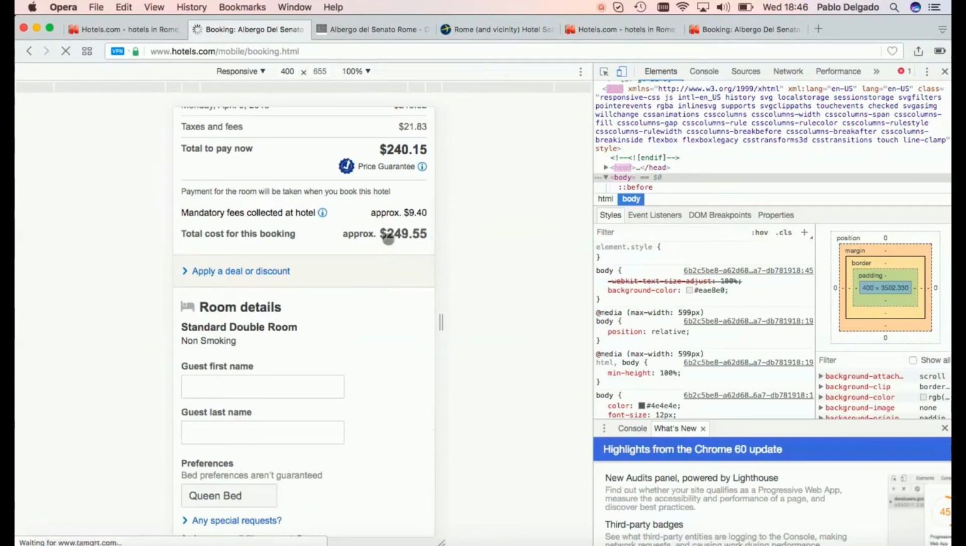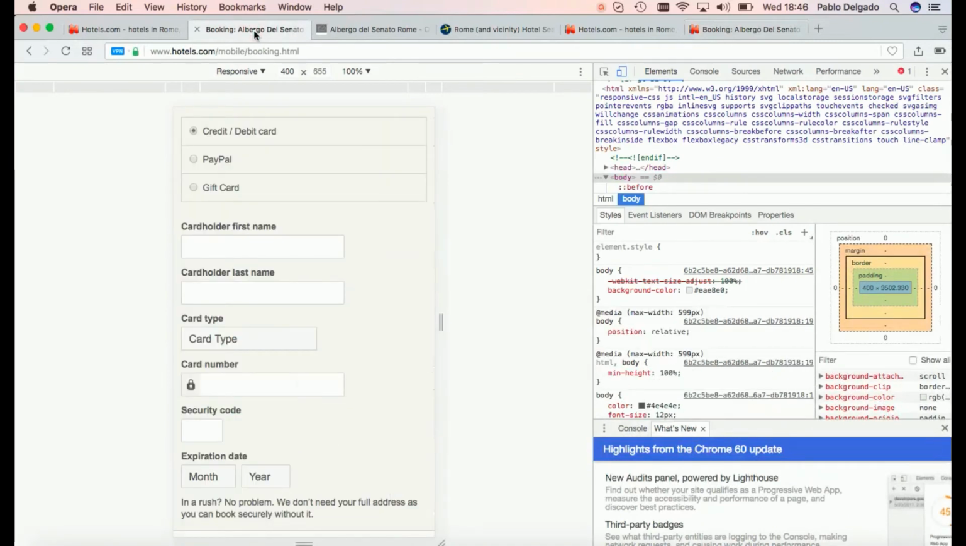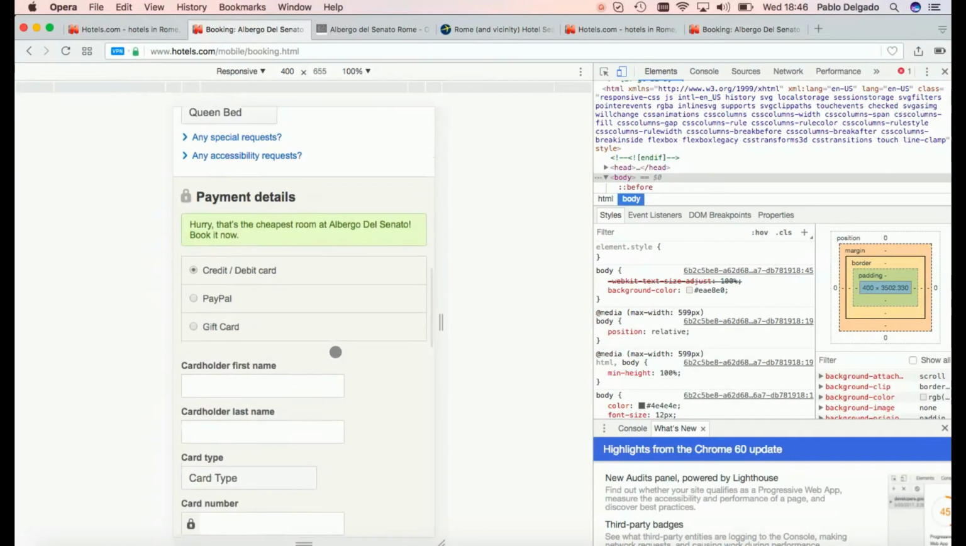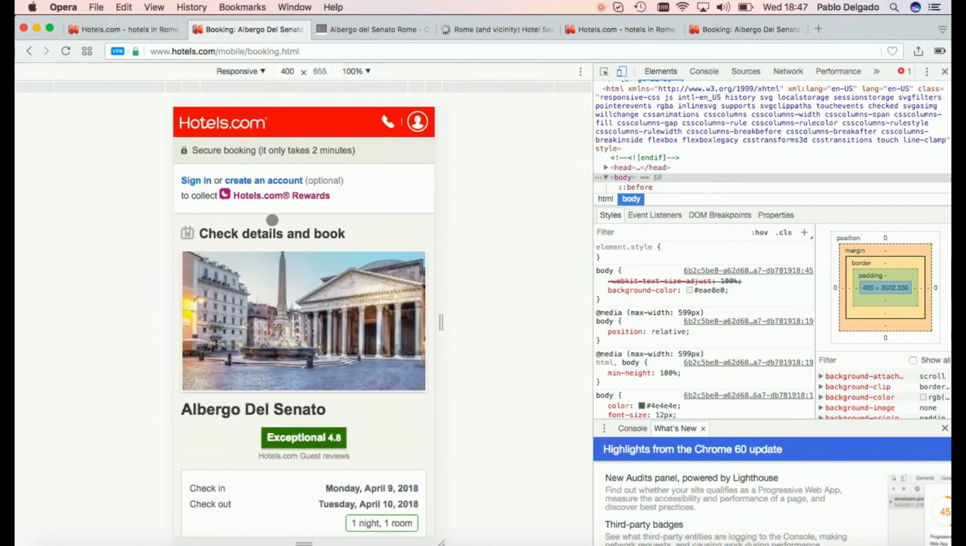Whereas if I book on the desktop computer, it costs $262.75. We see that the total cost for this booking, what we are going to pay, including taxes, is $249.55. In other words, $13 to $14 cheaper per night. If I book 2 nights, I can save enough to pay for a meal in Rome just by booking on